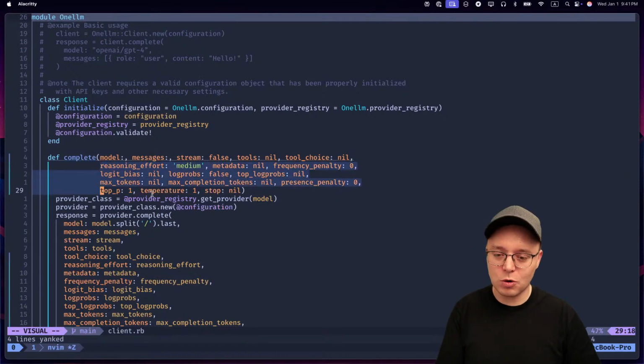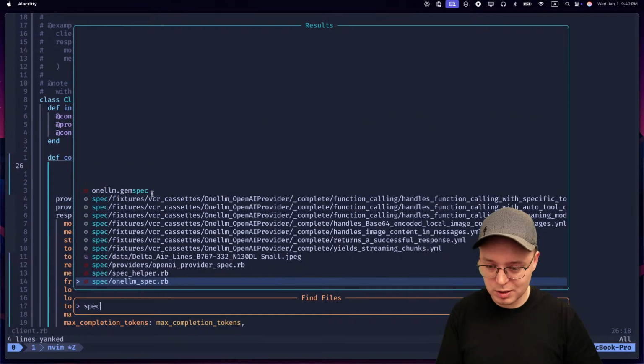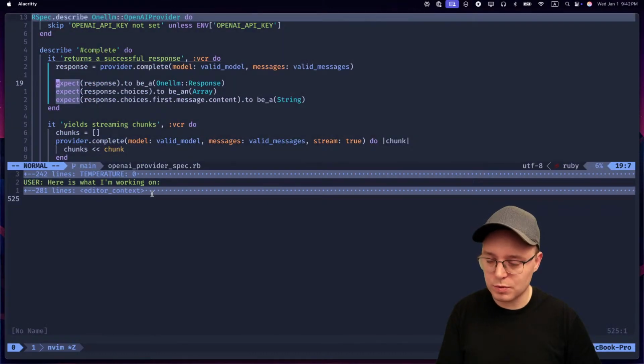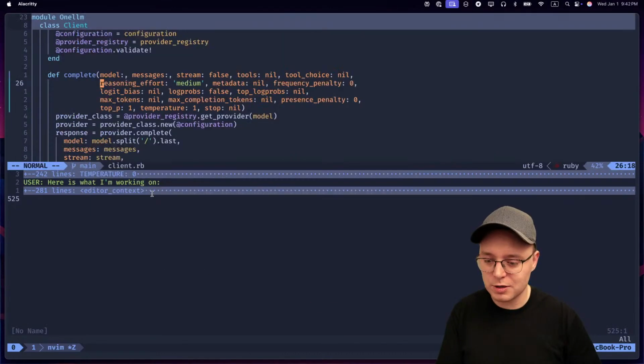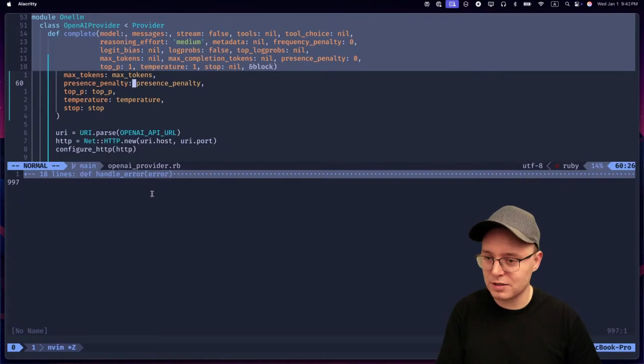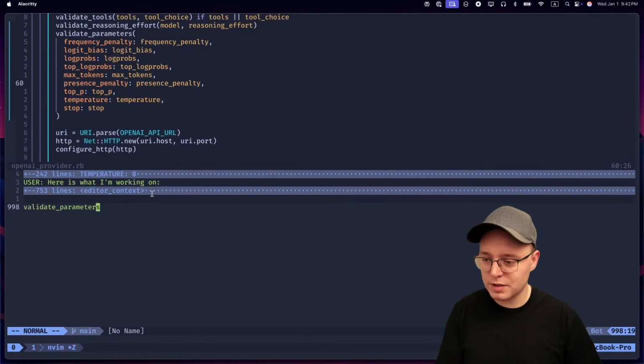I'll copy all this and I'll ask the model to add tests for all of this. The way we're going to do it is I'm going to go to the spec file. I'm going to first start the chat with DeepSeek being here while I'm here. So I added the context of that file. I'll add this file to the context, and I'll also add this file to the context. And I'll tell the model that,